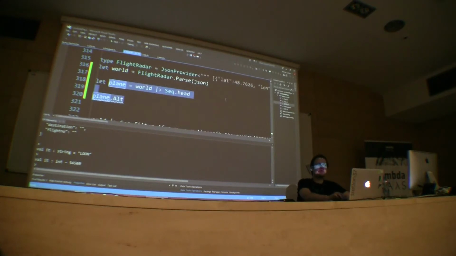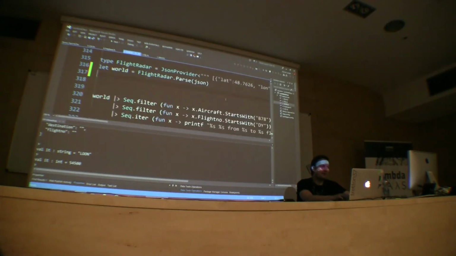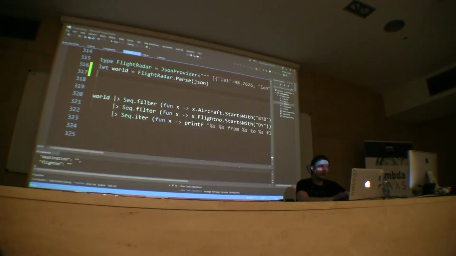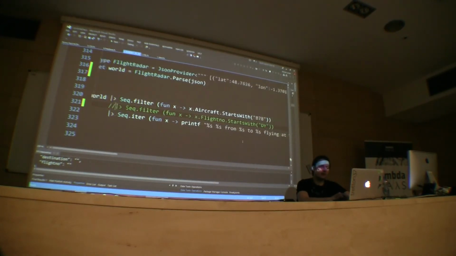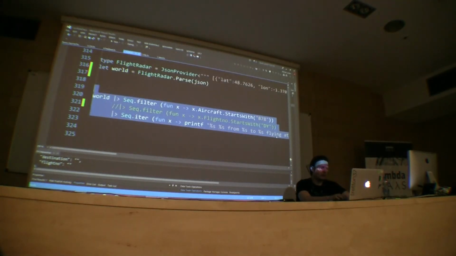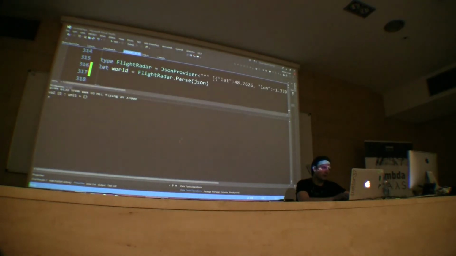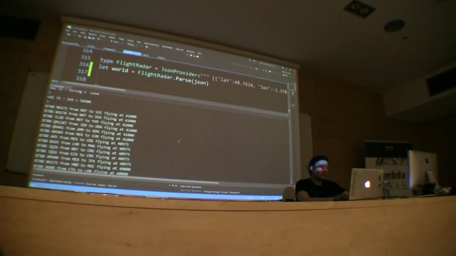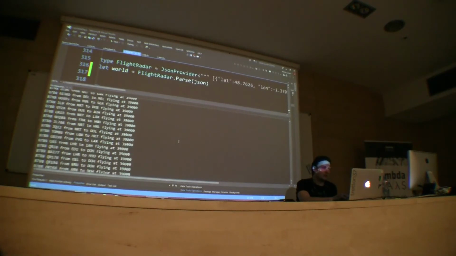So basically I use it mostly for tracking military planes in the sky, because I just filter out all the airliners and boring stuff and look for interesting stuff. So for example, I'm just going to filter all Boeing 787 and just write them out. So we should get some nice list. Let's expand here. Yeah, there's quite a lot of them. Seems that they're not falling from the skies like flies, so it's good.